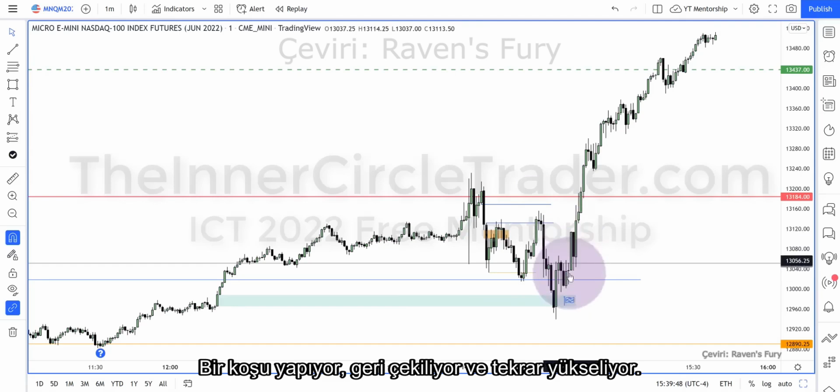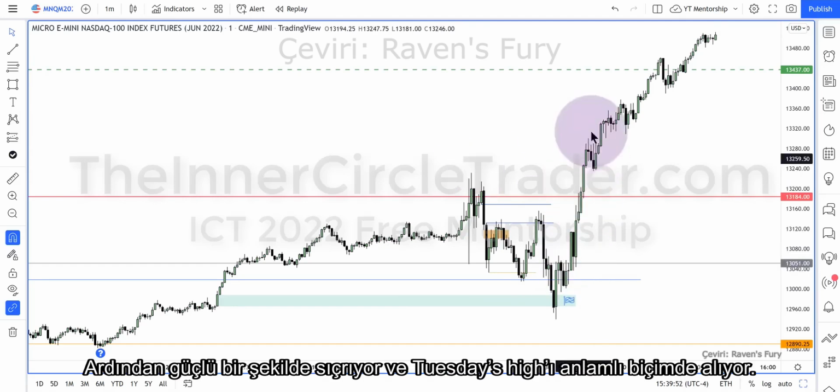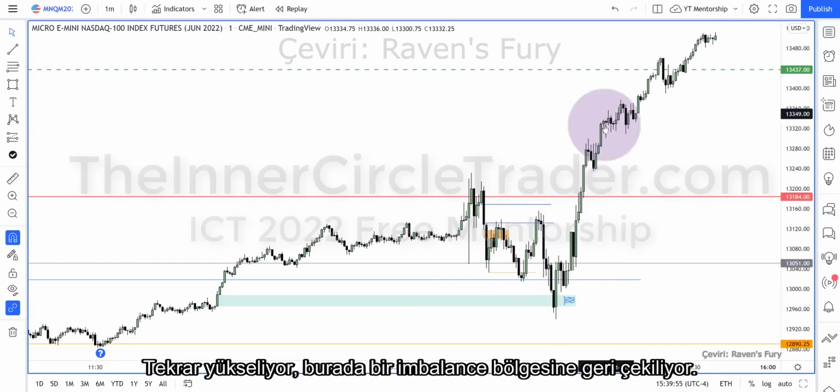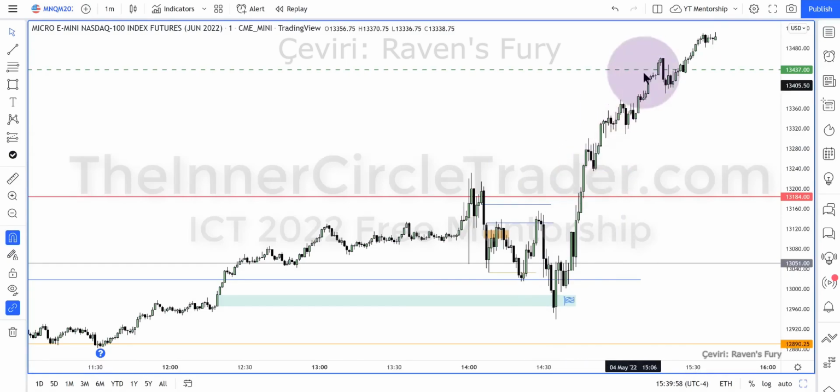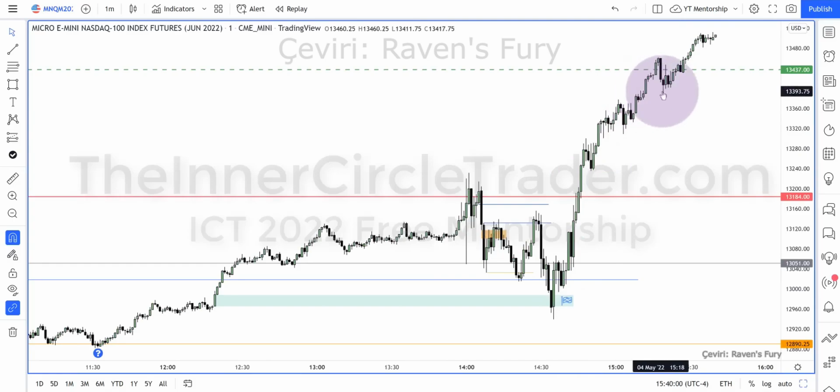It starts to rally, comes back down in, rallies once more, takes off, takes out Tuesday's high much more meaningfully, and rallies again, pulls back into an imbalance here, rallies again, pulls back into an imbalance here after taking our target, and then even continues to go higher from